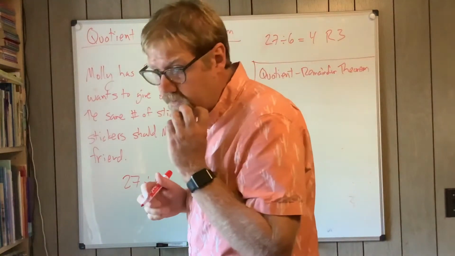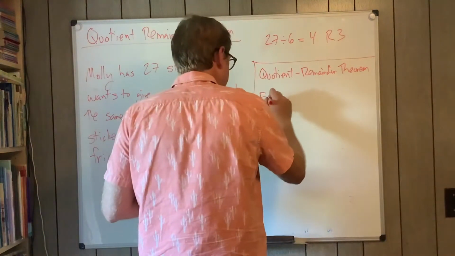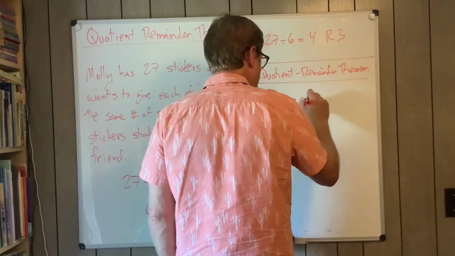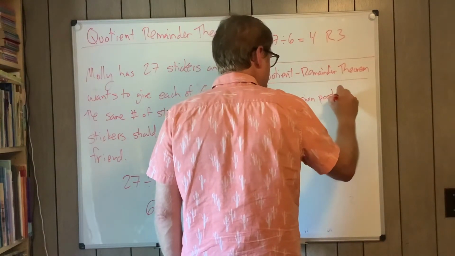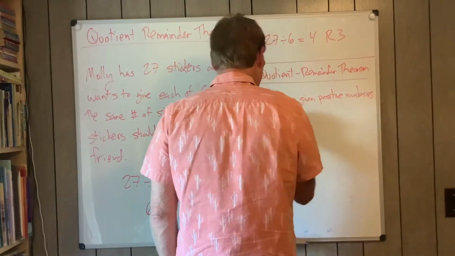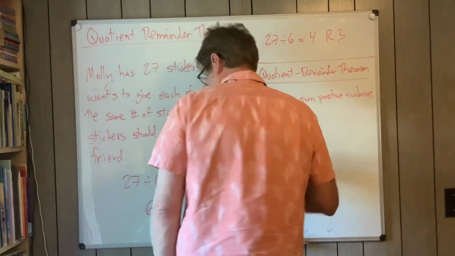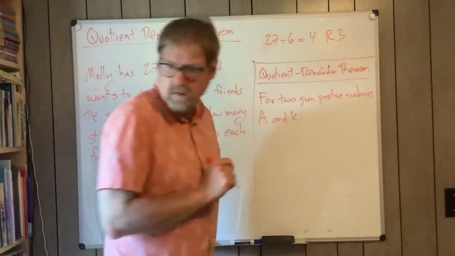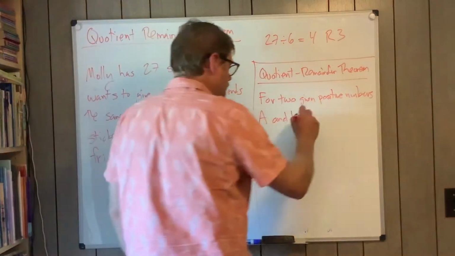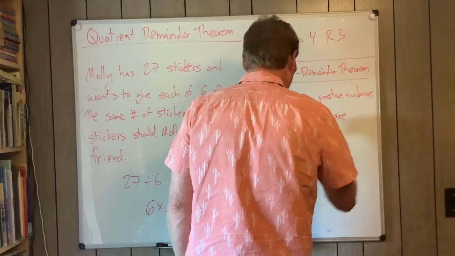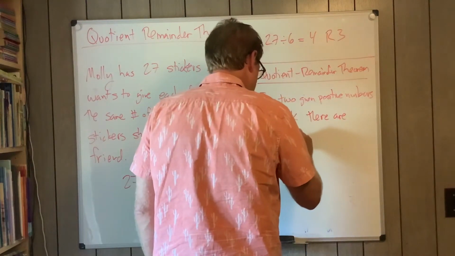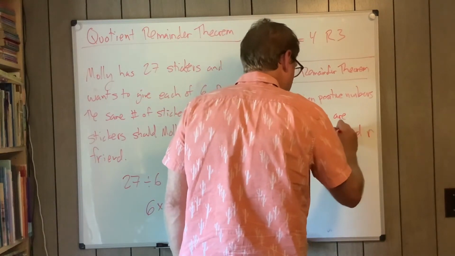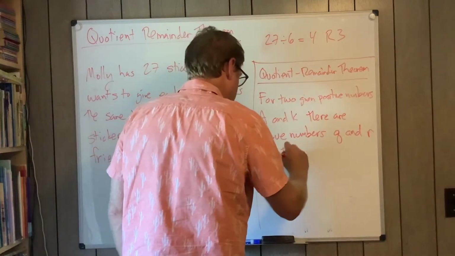This is the same terminology the book has. For 2 given, say, positive numbers, A, capital A, and K. I'm given these variables, so a little bit of algebra here. There are unique numbers Q and little r such that